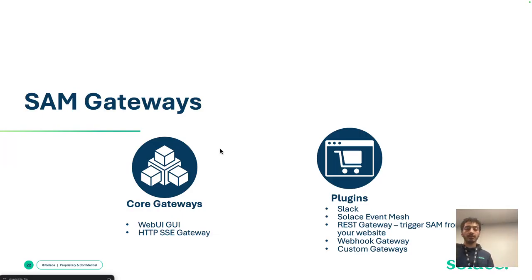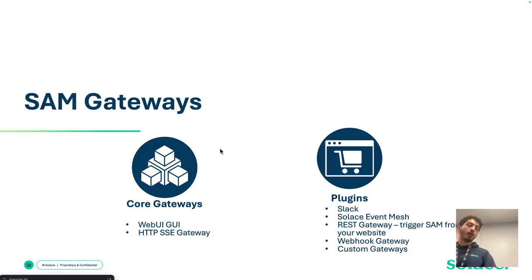So let's go to the next step, the gateways. The gateways are basically the interfaces to the system. SAM itself comes with two gateways. The web UI would be your most common use case, the main interface that you would use to chat with the system, unless you're building something very specific, like wanting to go through Slack, Discord, or Microsoft Teams, or wanting it to be triggered when something happens. For interacting with the system, it's a very good web UI, and you have very good analytics and visualization. I will go over those again in the demo.